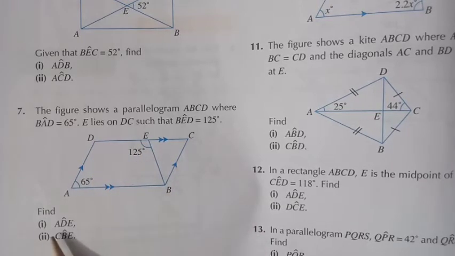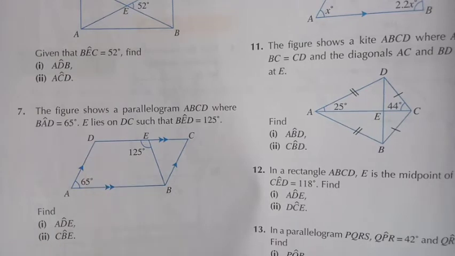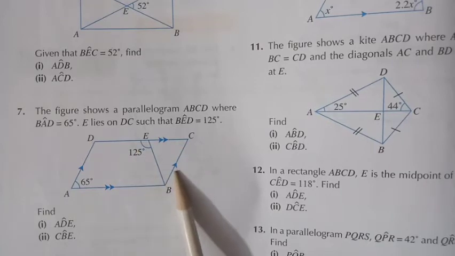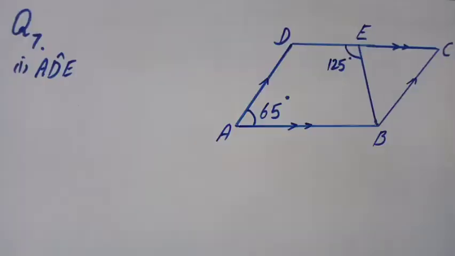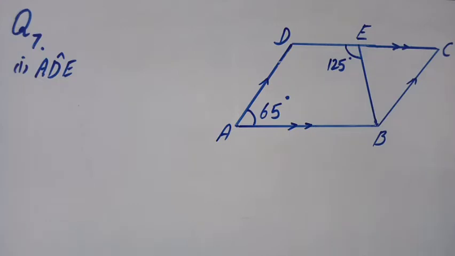We have to find out, number one, ADE, this much. Then CBE, this much angle we have to find out in the second part, right? In part 1 we have to find out the angle ADE, this much angle at the point D. Don't you think that over here